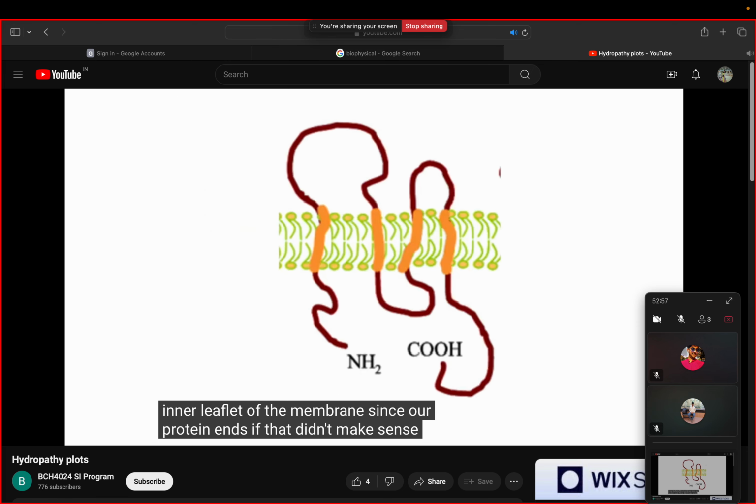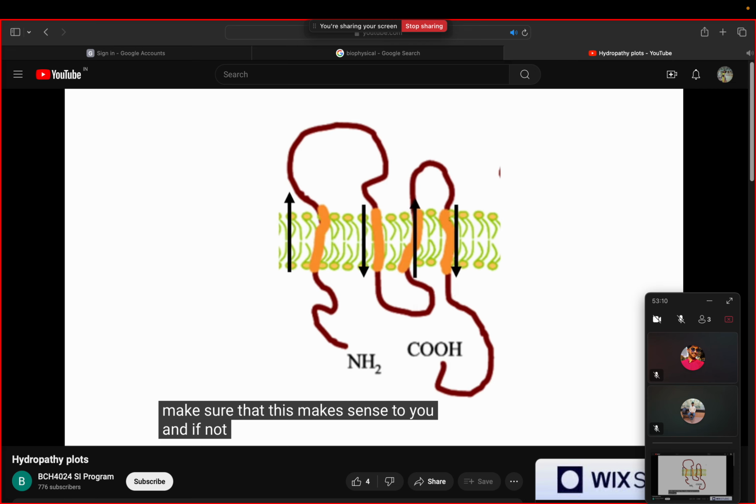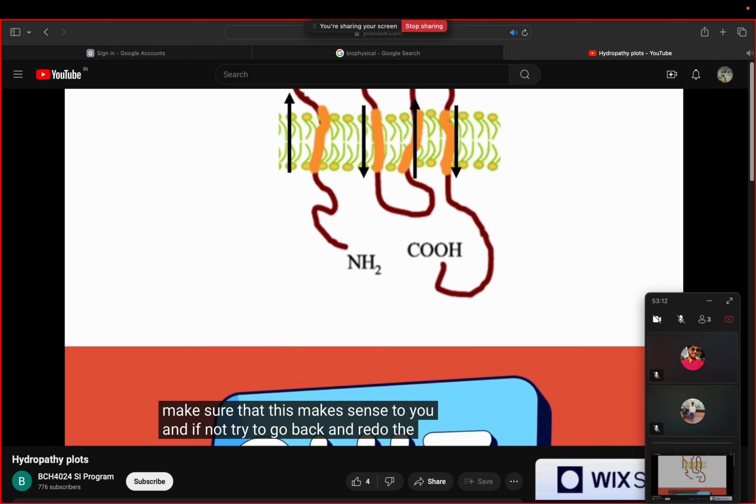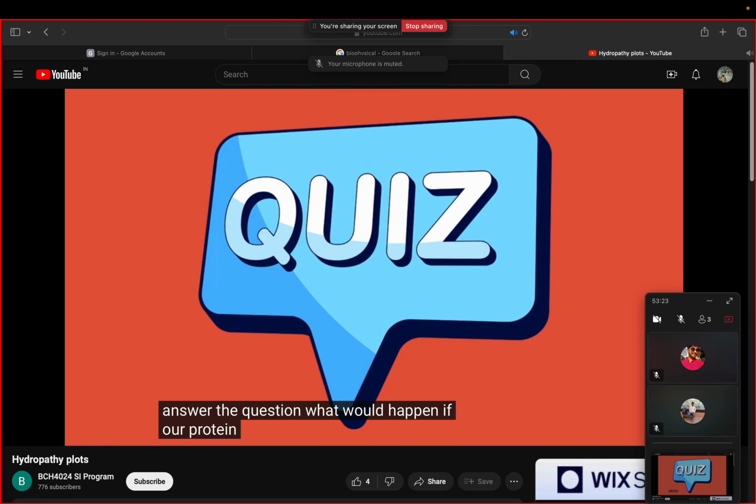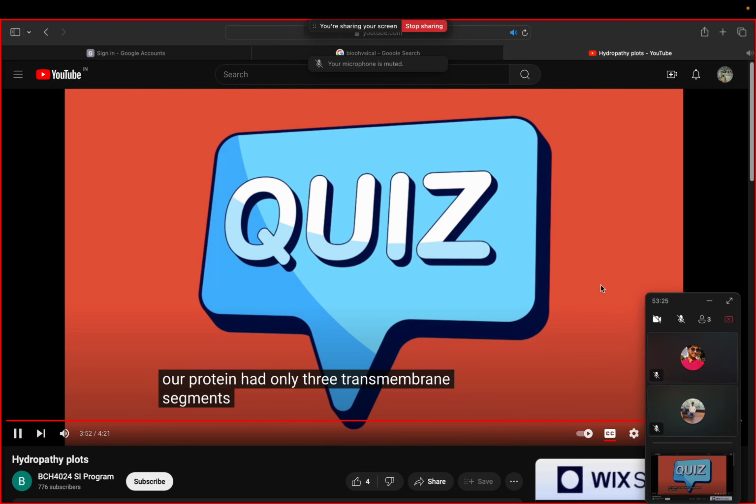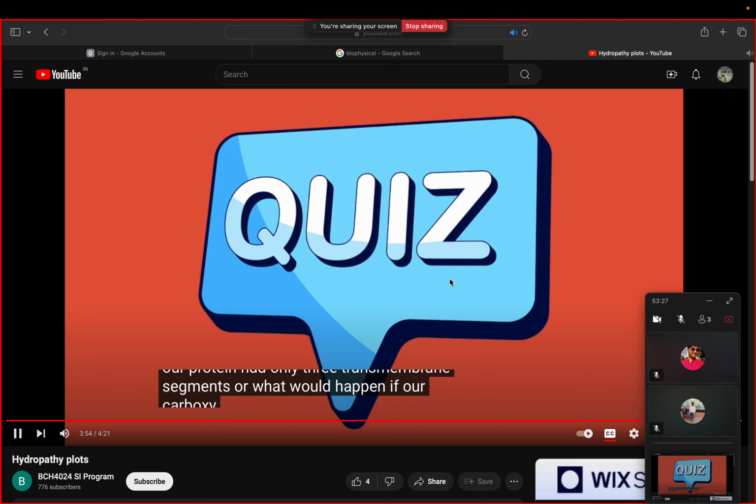If that didn't make sense, take a look at this protein and notice the 4 transmembrane segments. This protein is exactly what we just demonstrated from our hydropathy plot, so make sure that this makes sense to you, and if not, try to go back and redo the question. I encourage you to quiz yourself on these problems to make sure that you aren't just blatantly following along. For example, you should be able to answer the question, what would happen if our protein had only 3 transmembrane segments? Or what would happen if our carboxy terminus